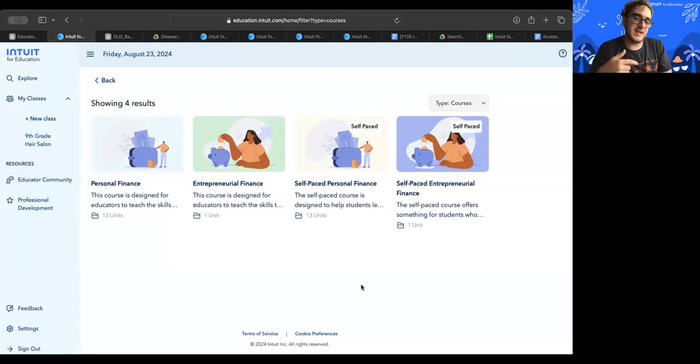So it could be like assigning them a quiz to take during class time or homework, assigning the activity again during class time or for homework. And you will get the progress of how they did on that assignment or that quiz in your LMS, in your dashboard. So if you invite your students into a class, you'll see 25 of them or 20 of them, and you'll be able to track like, okay, these are the students that have completed it. These are the students that have not completed it. These are the students who, and their performance on this quiz.